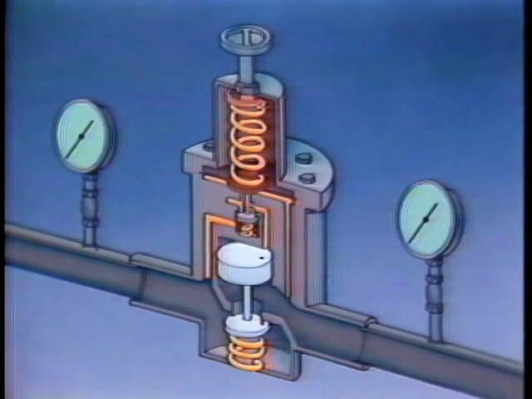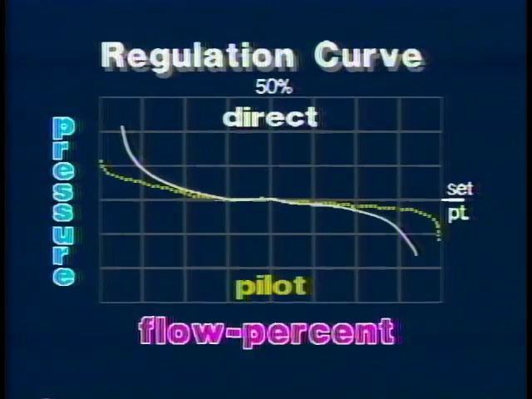There is one other notable difference, the regulation curve. As you can see, the pilot-operated valve has greater flow capacity and better accuracy of regulation. They are also capable of performing under much higher inlet pressure than direct acting valves, with offsets similar to automatic control loops. In order to understand the workings of a pilot-operated PRV, let's once again compare it to the components